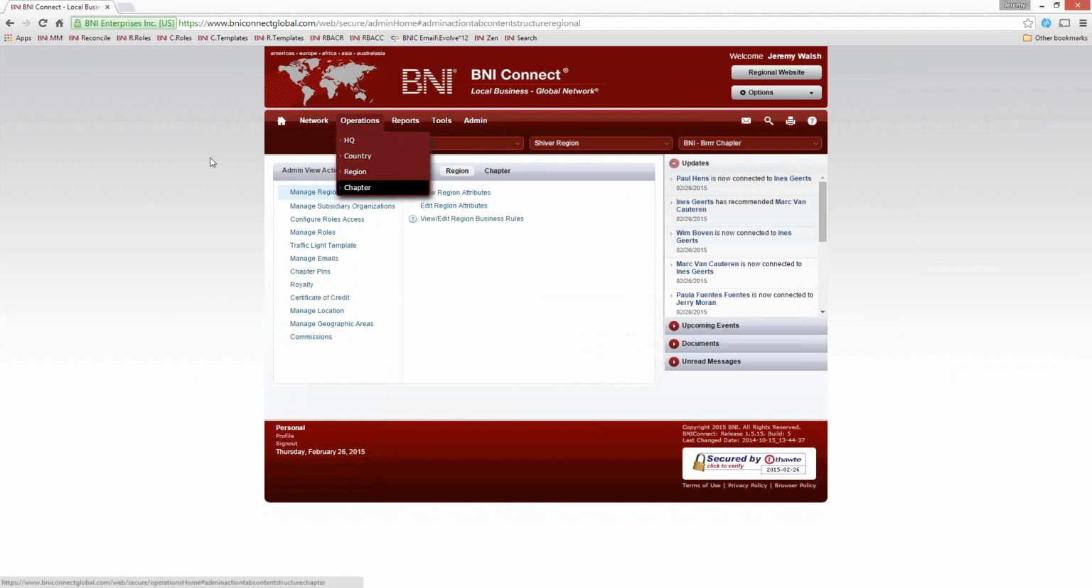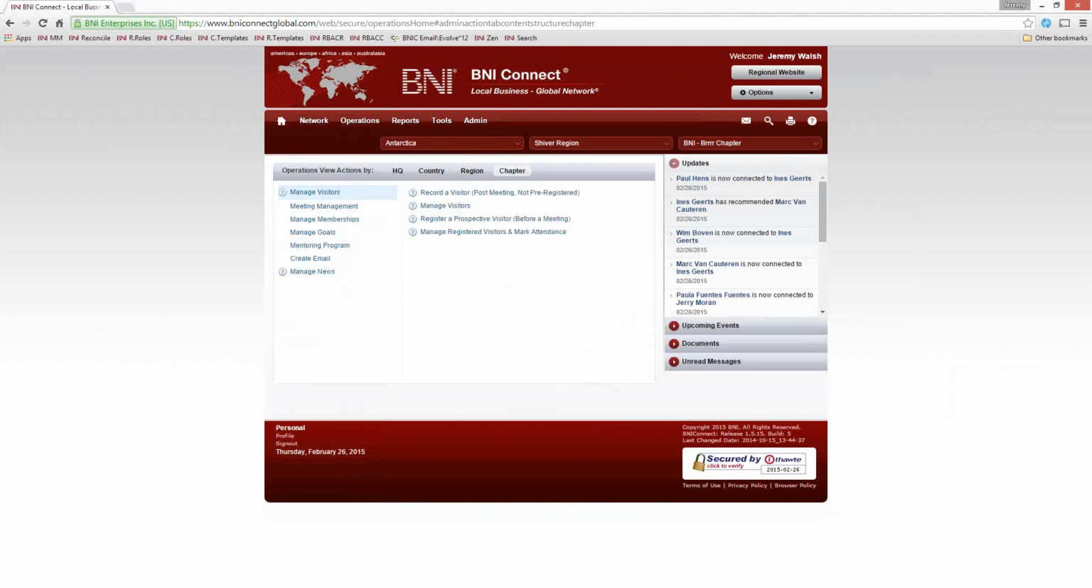So we're going to do that by going to Operations, Chapter. We're going to go to Meeting Management. And here we have three options. You see we have the View POMs, the Enter POMs, and the View Edit Speakers. The View POM Summary allows us to look at any single POMs report or any series of POMs reports. So this is really helpful. If I click on View POM Summary,